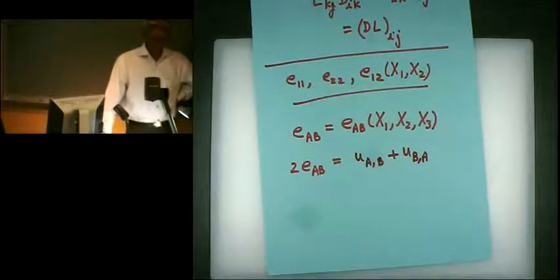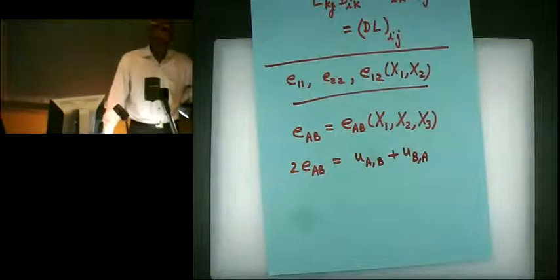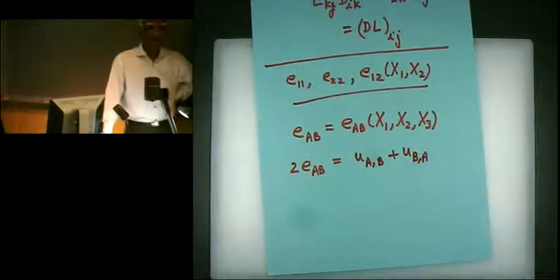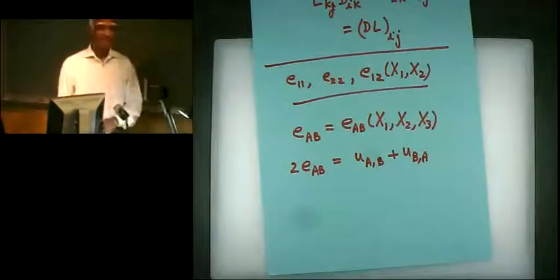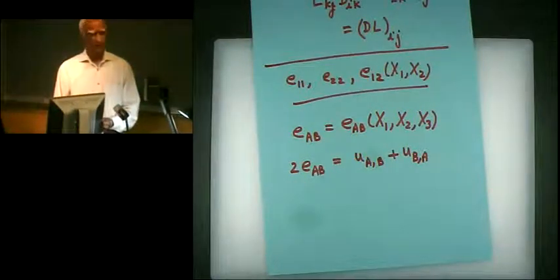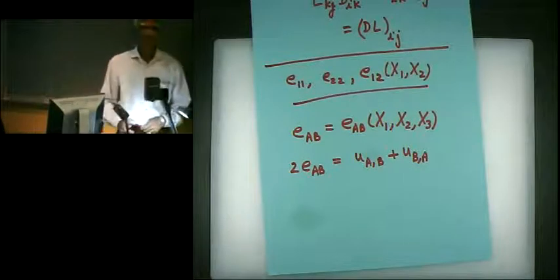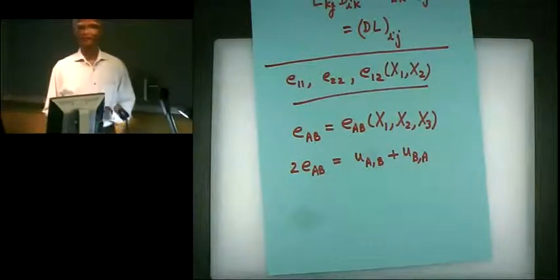So how many components of strain do we have? Sorry, how many components of displacement do we have? For a 3-dimensional body, how many components of displacement do we have? Am I talking Greek or English? Is the question making any sense to you? So how many components of displacement does a particle have? Yeah, of course you know. It's 6. It's X, Y, Z, and then the rotations at the point. No, you goofed.